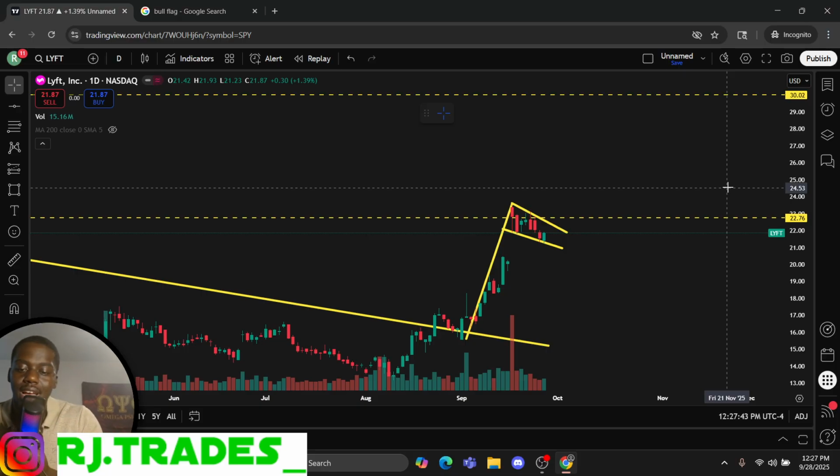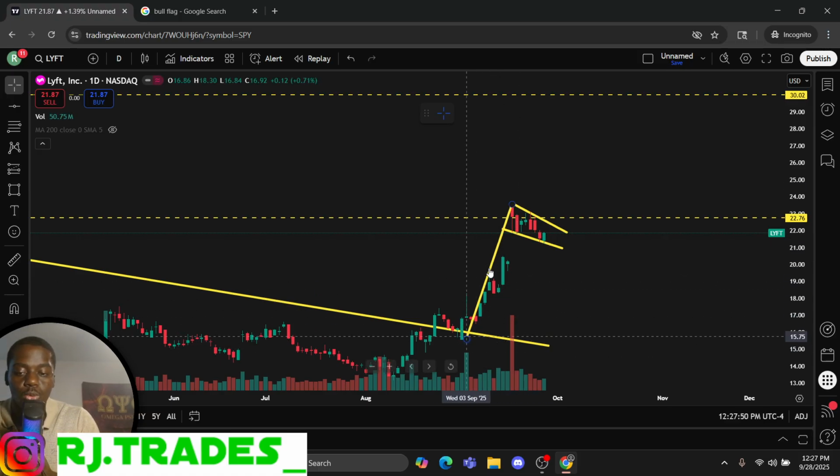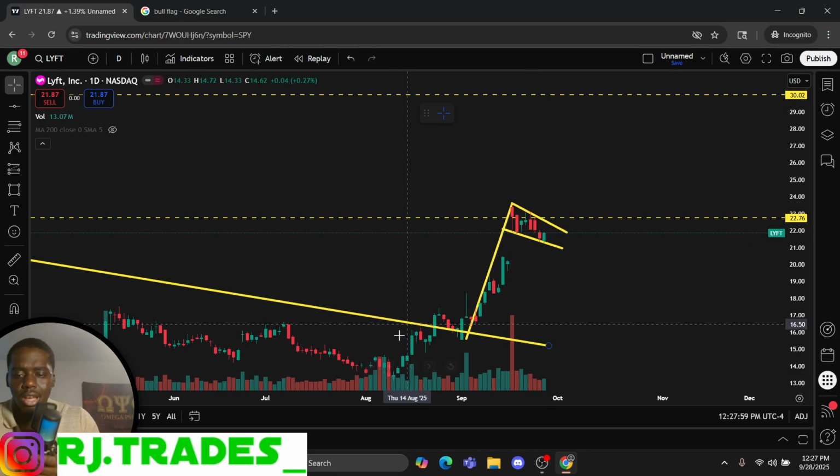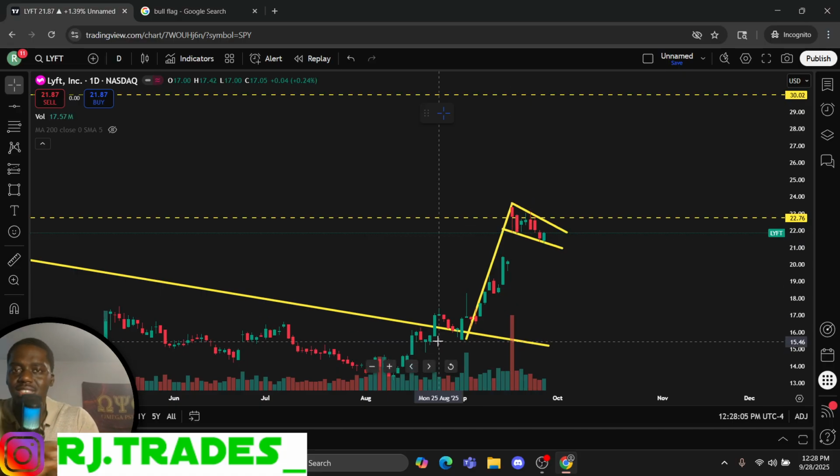You want to confirm it with the volume. You want to see the volume increasing, especially as you have the run up. When you have the pullback, you want to see the volume decrease. So you see how you got the volume here starting to come down. Absolutely perfect. On the run up, we got volume starting to come in. It's starting to increase. When it pulls back, we're decreasing. This is exactly what you want to see. Okay, A++ setup. This is on my watch list for the next few months.